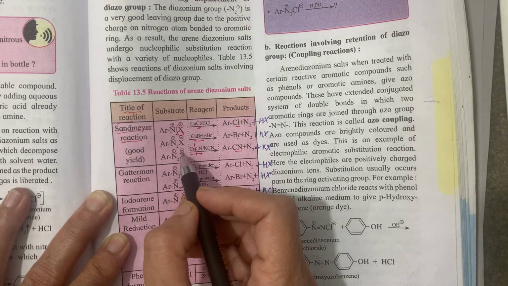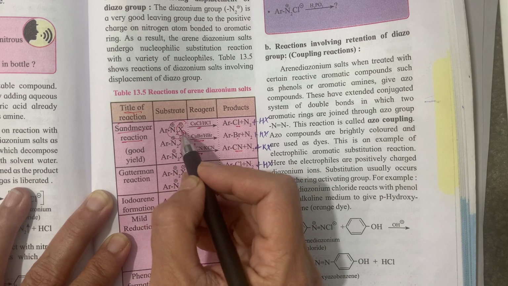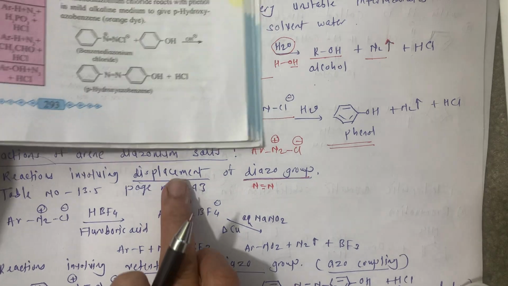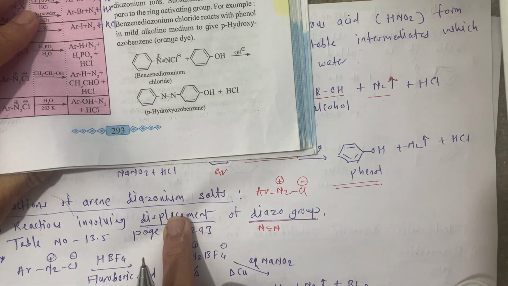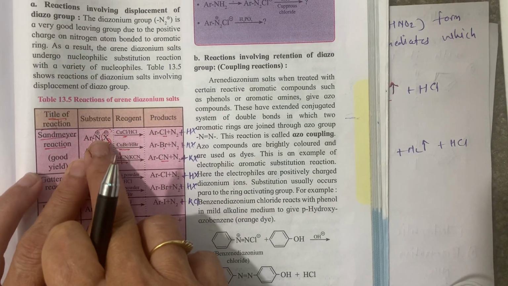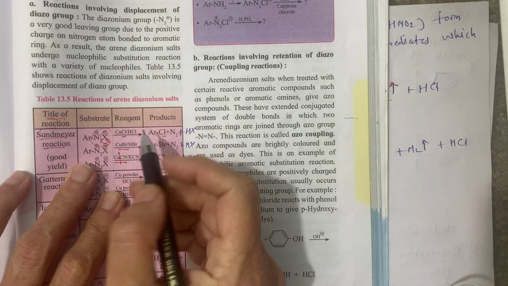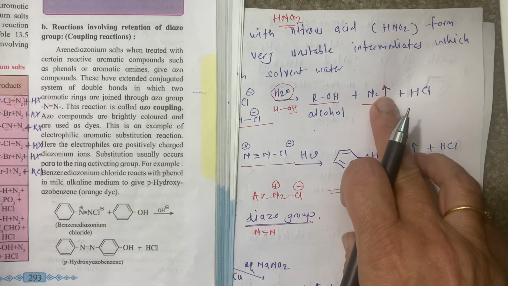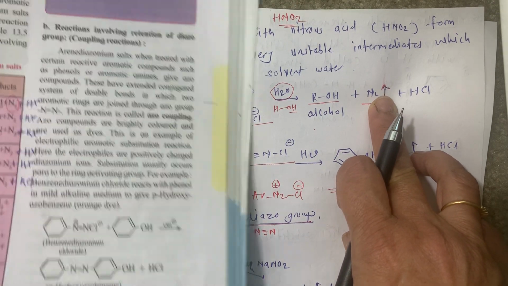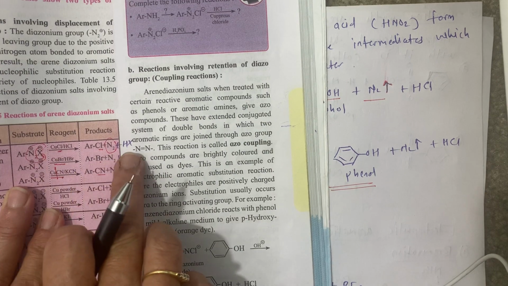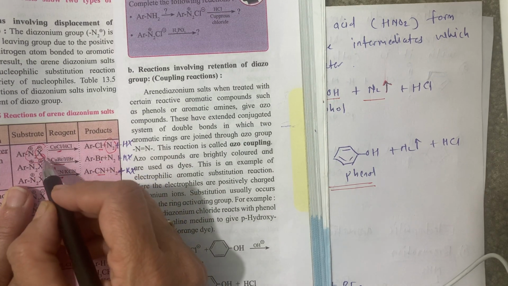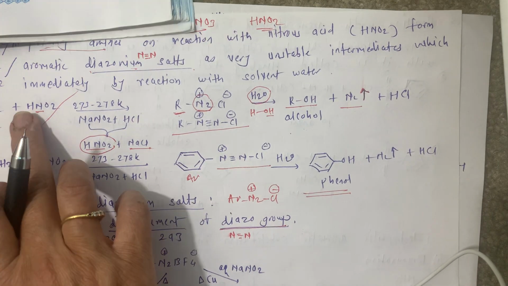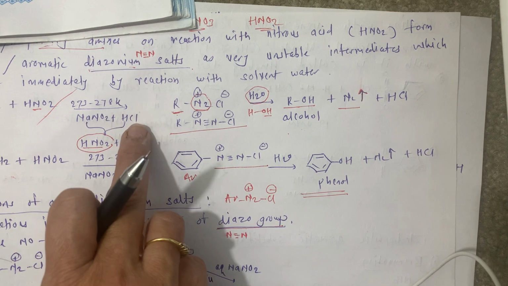And everywhere the diazo group is a good displacement group, so we can displace this diazo group. And that's why here N2 comes out in the form of gas, and then the byproduct is H and this X, so there is formation of HX. See here, this H and this X, that is the Cl.